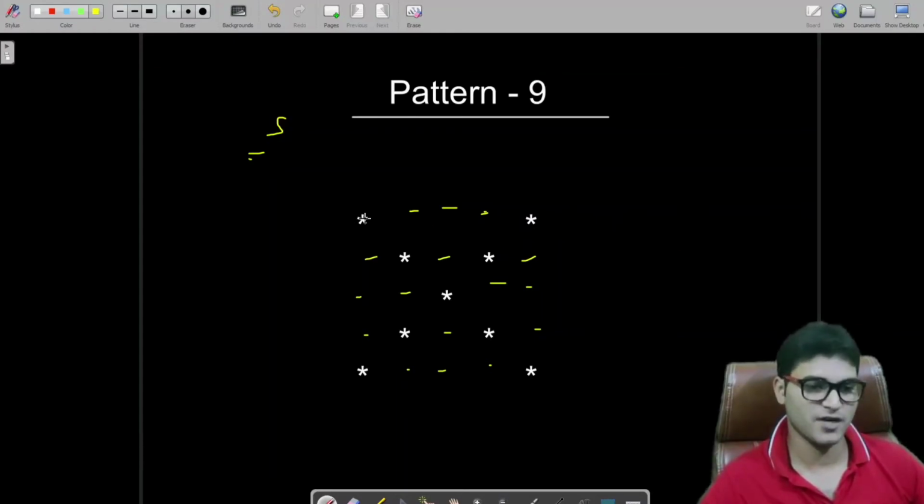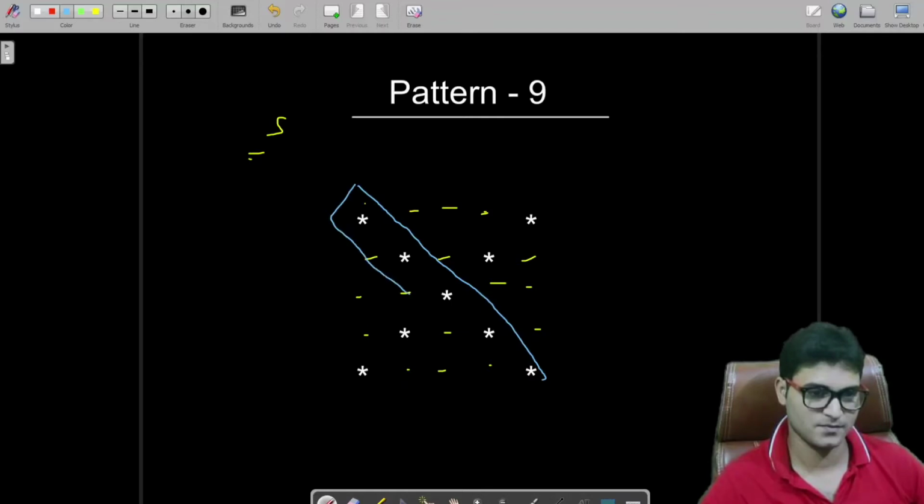So if you look at here, where are these stars printed? So this is first column, second column, this is, sorry, these are the columns, this is fourth column, and this is fifth column. Similarly, this is first row, this is second row, this is third row, fourth and fifth.